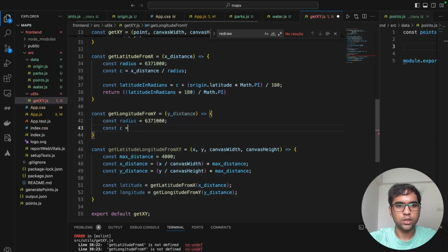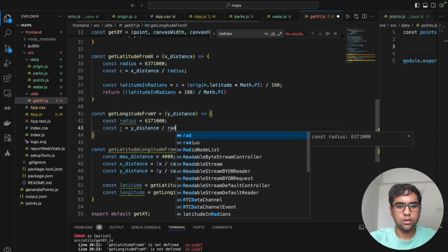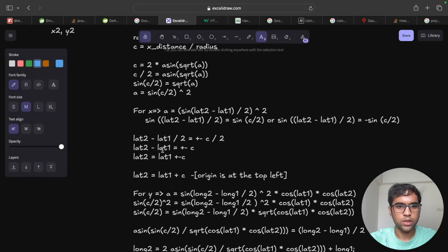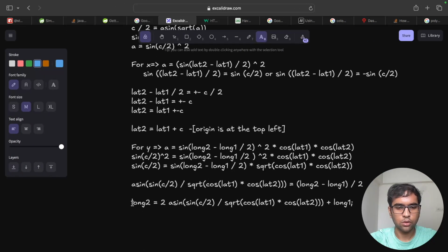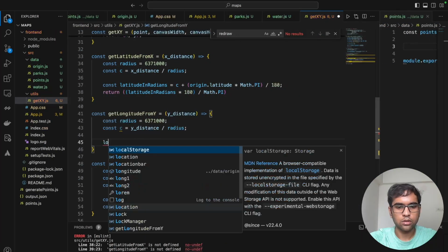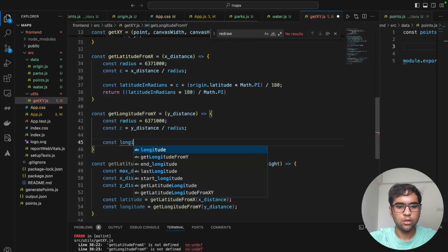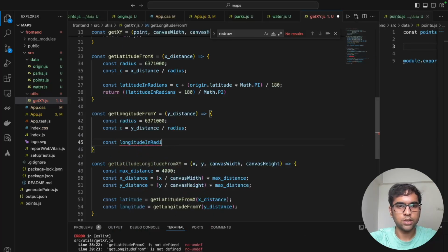We will calculate c first, y distance by radius. Once we have c, we will calculate the longitude. So the longitude is going to be this long 2 longitude. So const longitude in radians would be 2